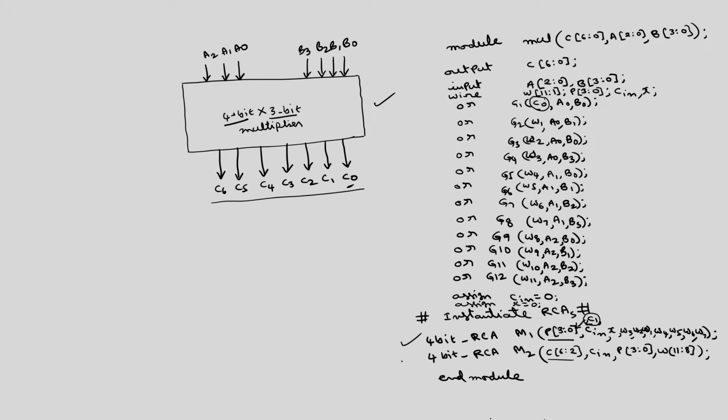Okay. This is how we can use the same 4-bit ripple carry adder even to implement a multiplier also. So, we have discussed a 4-bit by 3-bit multiplier. In a similar fashion, we can design any multiplier, in general, an n bit by m bit multiplier. N and m can be any values. So, we can implement this by using basically ripple carry adders. In fact, the multiplier that I have discussed is an unsigned multiplier. I have not considered the signs, but in general in microprocessors and DSP processors, normally you will use signed multipliers. Okay. Signed multipliers we may discuss while discussing behavioral modeling.